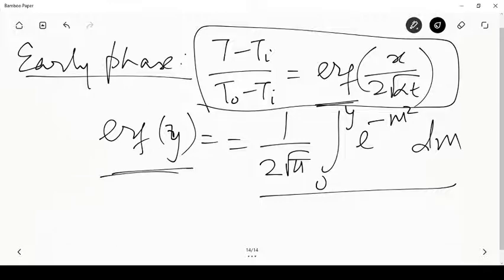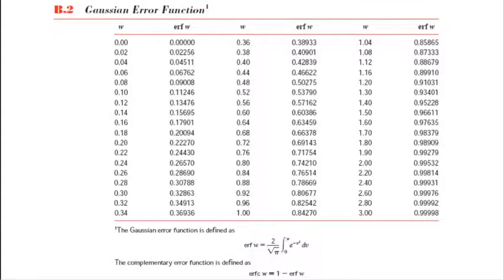So we can quickly go to the other slide and take a look at that. This is what it looks like. So this Gaussian error function is actually tabulated as a function of x. So if x is on this column, error function of x is in this column. The error function is defined in this fashion as I just told you. And there is also something called a complementary error function, which is 1 minus error function, which is basically directly related to this. So if I go back to this screen,